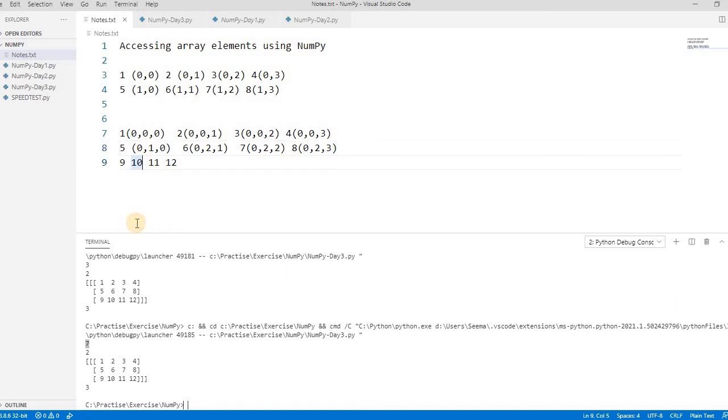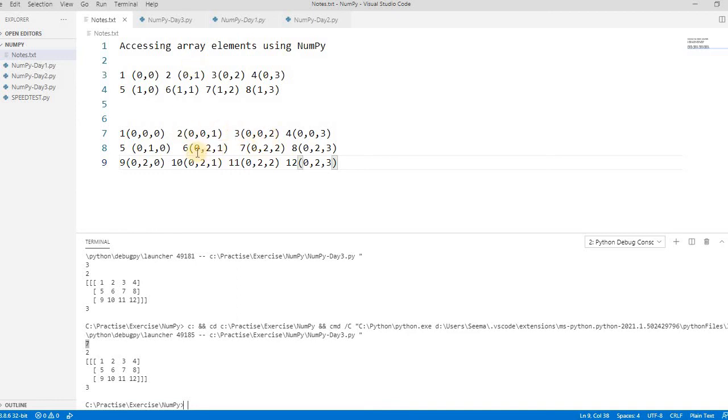In the same way, if you consider the 9, it's 0, 2, 0, then 0, 2, 1, and it becomes 0, 2, 2, and 0, 2, 3, right? So these are the coordinates, or you can say the index positions, of the particular elements inside a three-dimensional array.